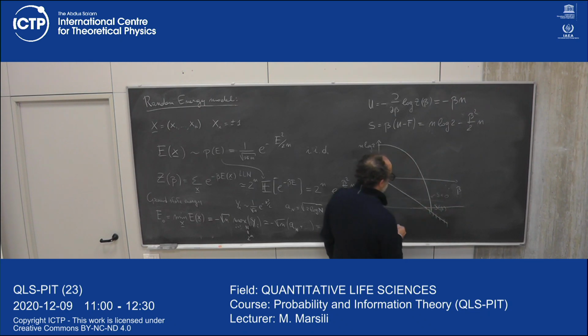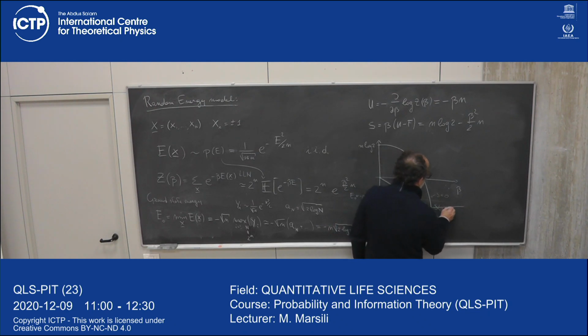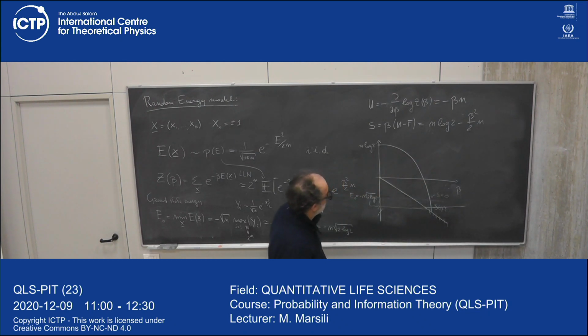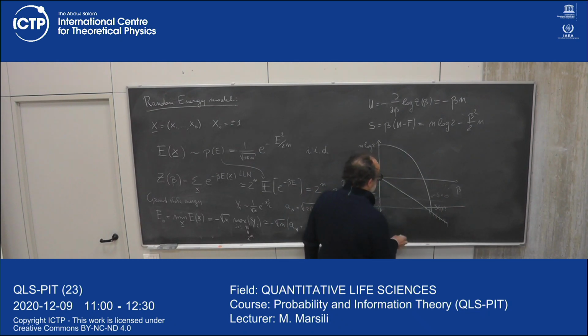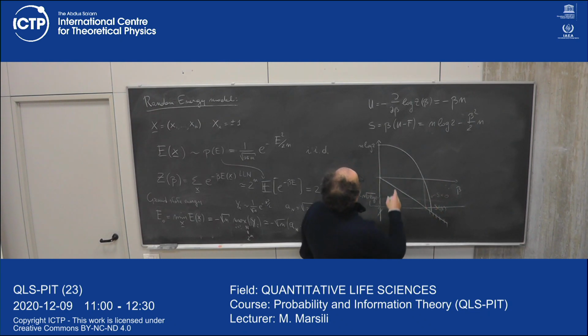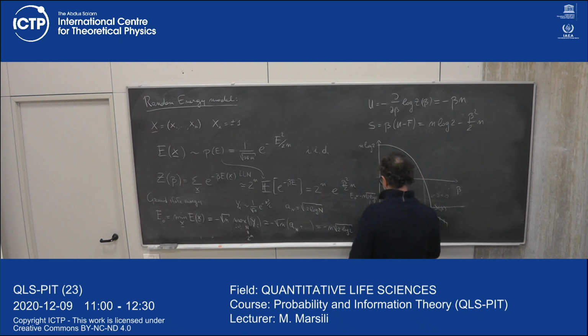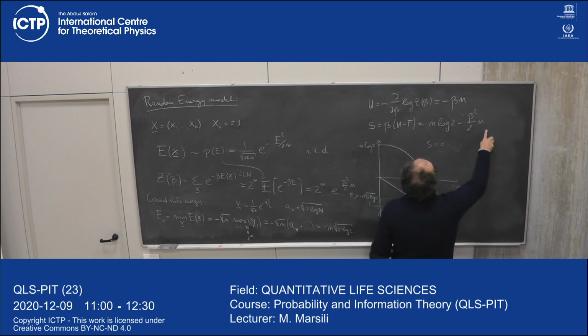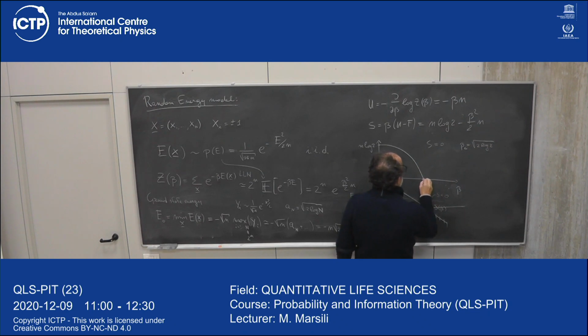Then above this point it should be just flat. Okay. Now, if you check what is the temperature to which this corresponds, it is the same temperature where the entropy becomes negative, because the entropy becomes equal to 0 when beta is exactly equal to square root of 2 log 2. Okay. So there is a critical point,